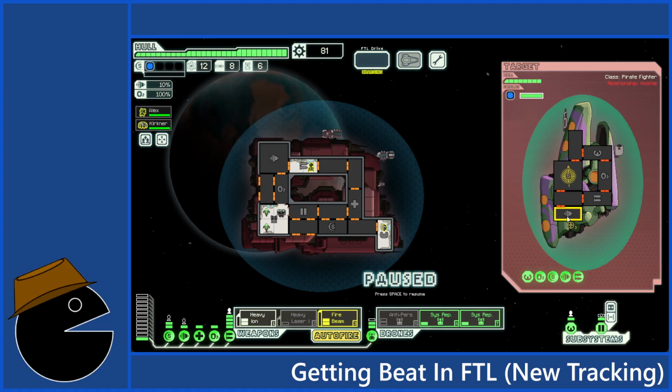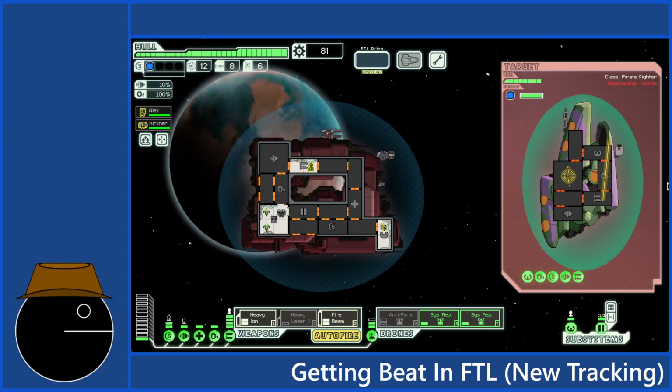Let us see, though, if this is a good decision or not. There is a very solid chance that this will end in my death, as this type of ship was the one that almost killed me before.